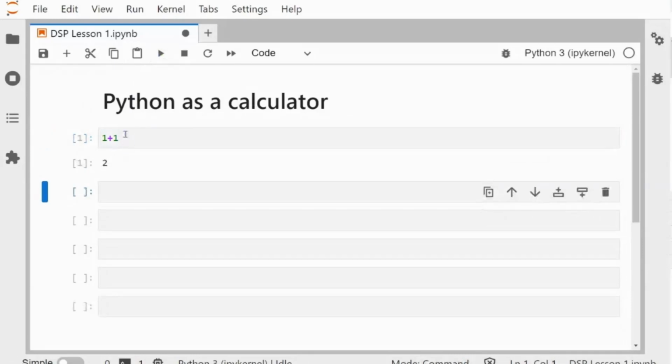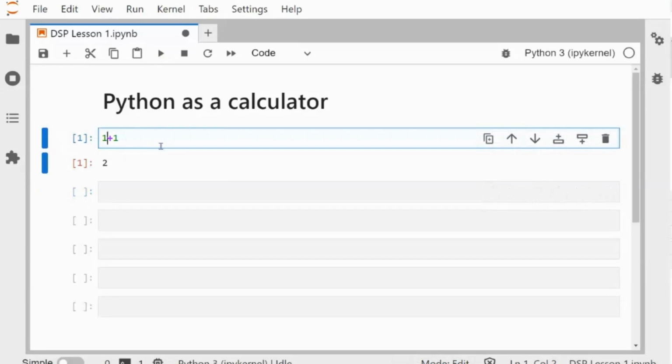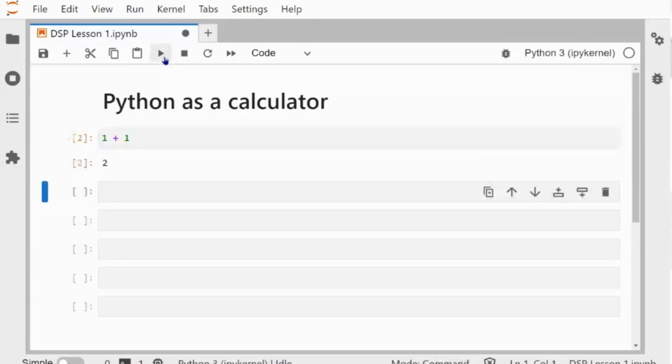Perfect. So just for readability with this, I prefer to add some spaces between the operators and the numbers. And you notice that it turned orange or red, whatever color this is. It's just warning you that you made some changes and you haven't run this cell. There's also a number in here, 1. So this is the order of execution. So it's telling you this was the first cell that was run. And if we run it again, it should turn into a 2 because that's the second time we're running it. So let's do that. Let's run it again. Great, it's a 2 as expected.